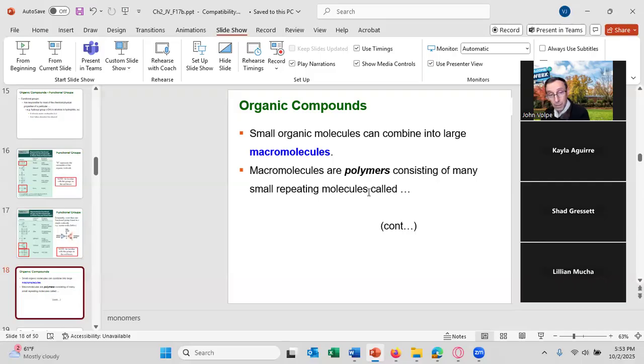And then an example of a lipid that is made up of monomers would be a triglyceride, which is simply a fat you can find in an animal. And you look at your belly, you'll see lots of triglycerides. Even if you're thin, you still have the triglycerides there. And a fat or a triglyceride is made up of three fatty acids and one glycerol molecule. So those are the monomers of a triglyceride. Any question about any of that?